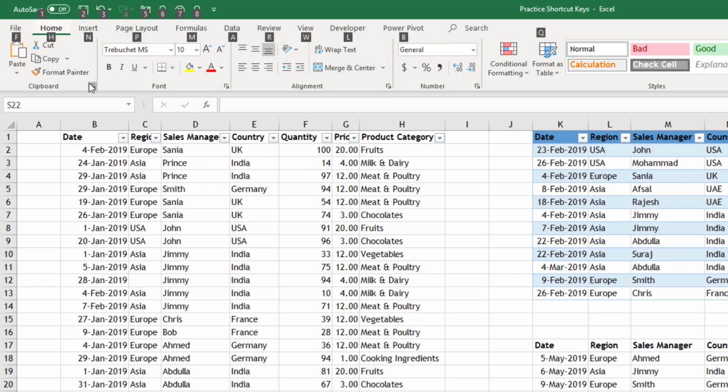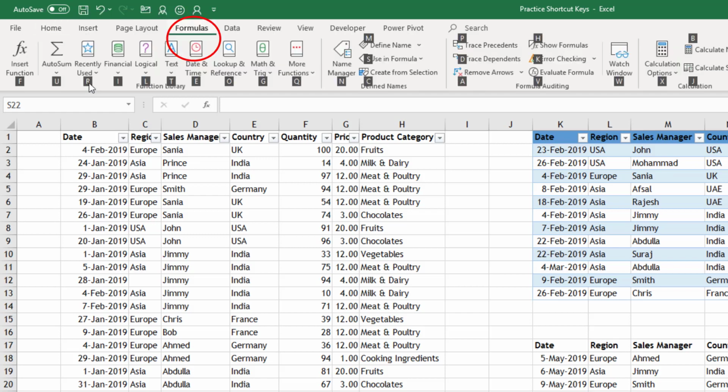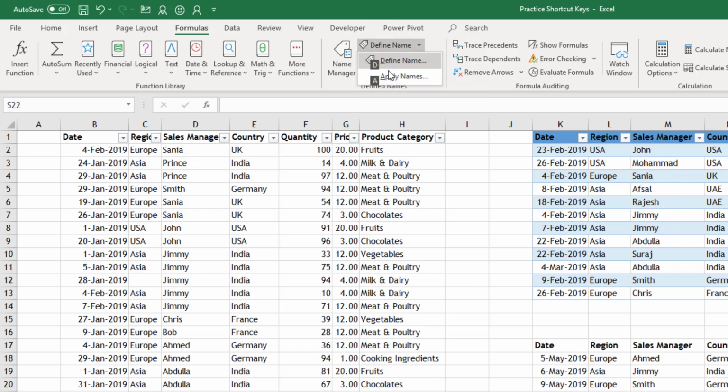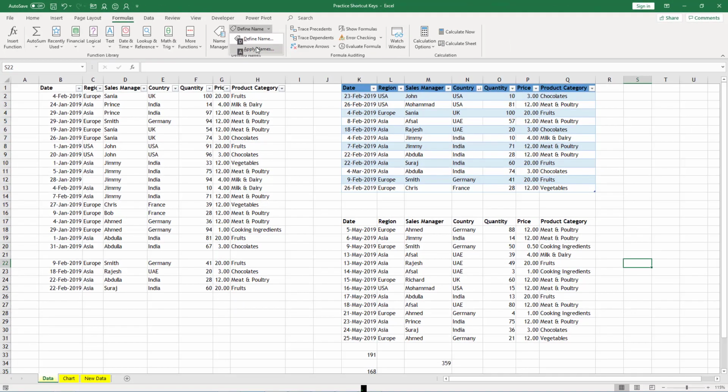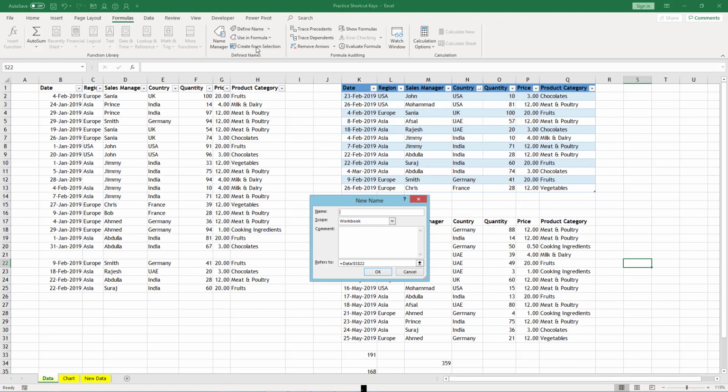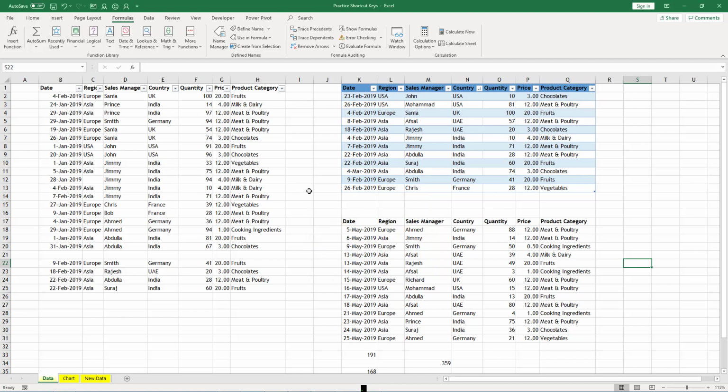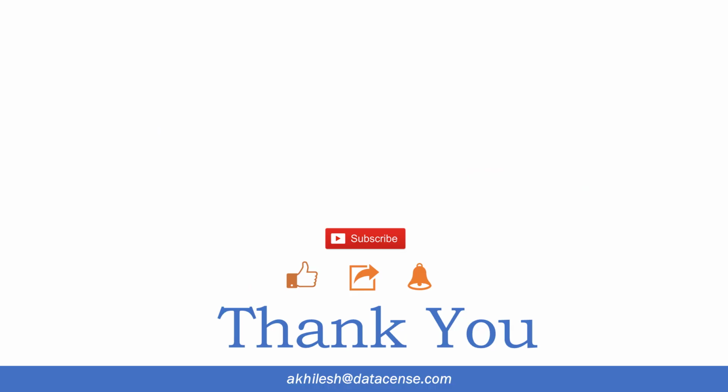Alt key, and then let's say this time let's go to Formulas. So I will press M inside the Formulas section, then it is expanding further, and if you want to define a name, press M once more, and then it will create further submenus, and you keep on clicking on those letters. Ultimately you will reach the desired section. So this is a really nice way. If you don't want to remember any shortcuts, just press the Alt key and keep going wherever you want to go.